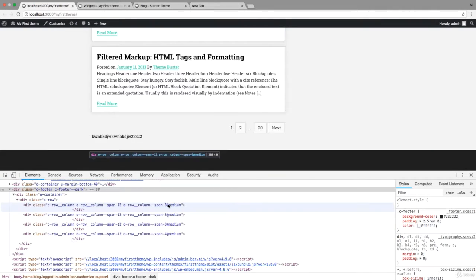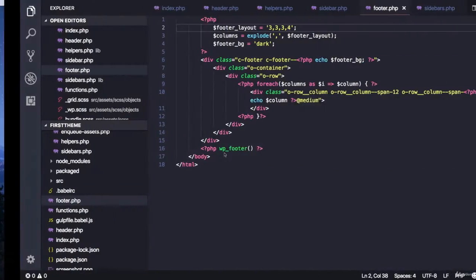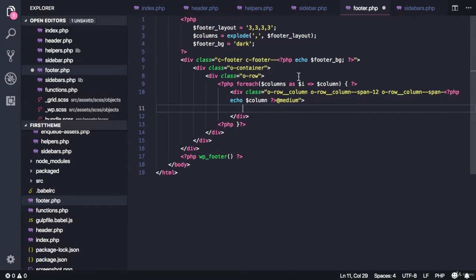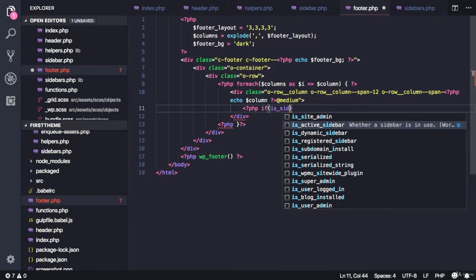And now we're having 3, 3, 3, and 4. Great, so let's now display the sidebar. So what we need to do is, like we did for the other sidebar, check if the sidebar is active, and if so, we will display it using dynamic sidebar. So let's open a PHP tag, and if it is is_active_sidebar,